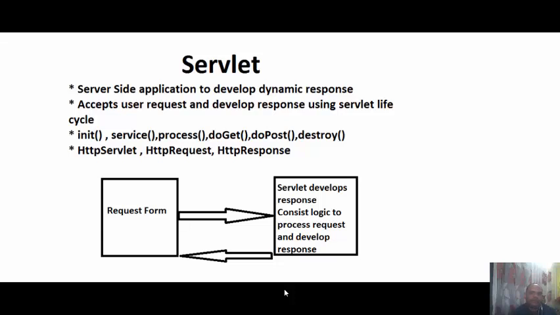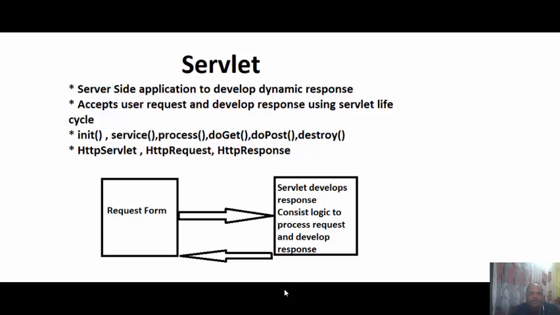But now take an example of a login page. If you want to log into the Axiom's VIP module, then what will you do? You will be entering your login credentials, for example, your login ID and your password.